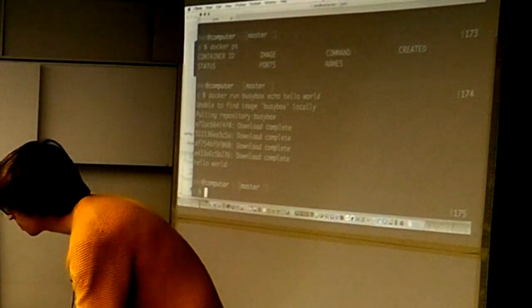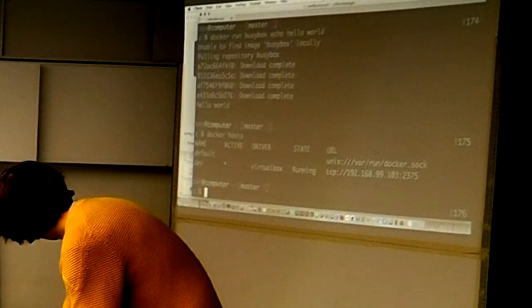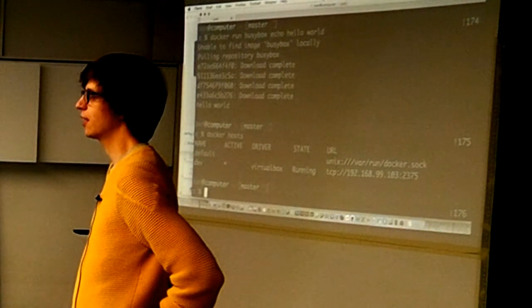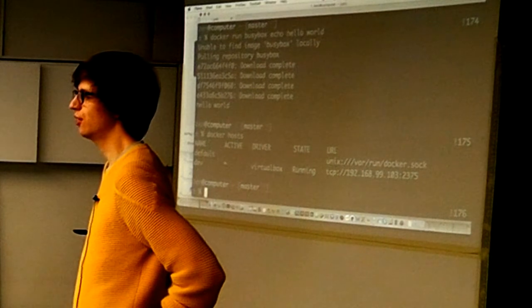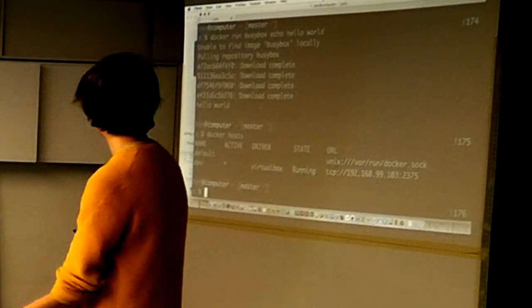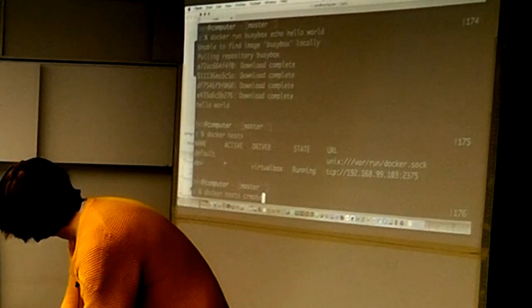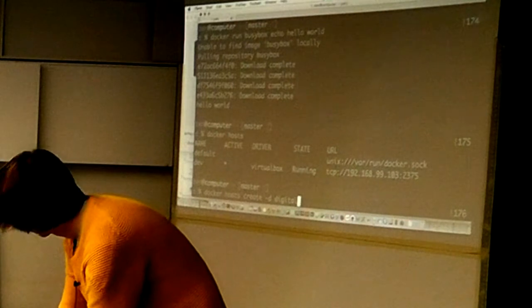So that's pretty much Docker. That's pretty much what it does. So we've got these hosts. But what we can also do, which is quite neat, and this is sort of a new thing, is we thought, okay, if you can create a host on VirtualBox, why can't you create a host anywhere? So we've also included drivers for creating hosts on cloud providers.